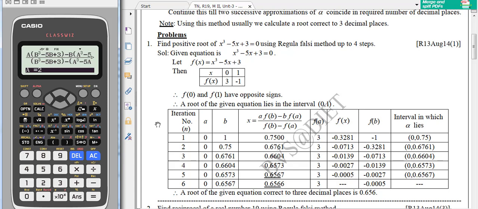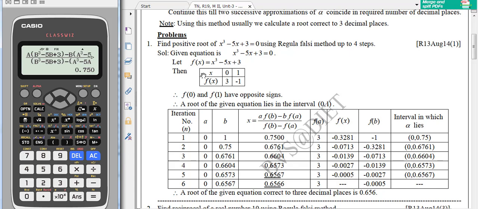It asks for a and b values. For the first iteration, a and b values are 0 and 1. So as the a value you can give 0, and then on pressing the equal to key, it asks for the b value, which is 1 here. On giving b value as 1, you will get the expression value as 0.75. That will be the value of x, or this provides the first approximation of the root that we are going to calculate. And at this x value, we need to find out f of x value.